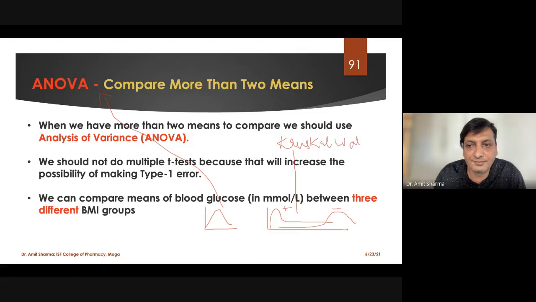Kruskal-Wallis test, which is the alternative of one-way ANOVA, where you can run more than 2 samples. Now, what is the difference between ANOVA and Kruskal-Wallis? In ANOVA, you are going to get results in terms of a post hoc test. Now, post hoc test means what? Post hoc test means you are going to compare A with B. You can do the comparison of B with C. You can do the comparison of C with A. Like this, you can make different sets and you can do the comparison of means.